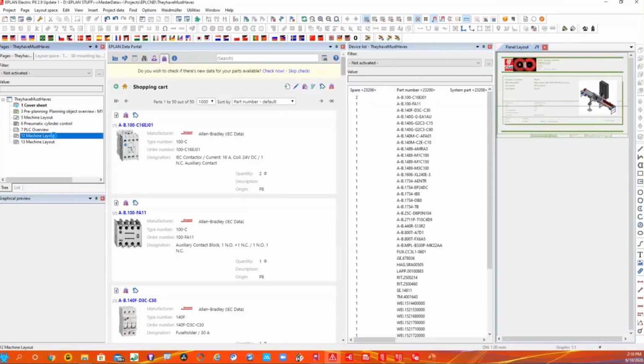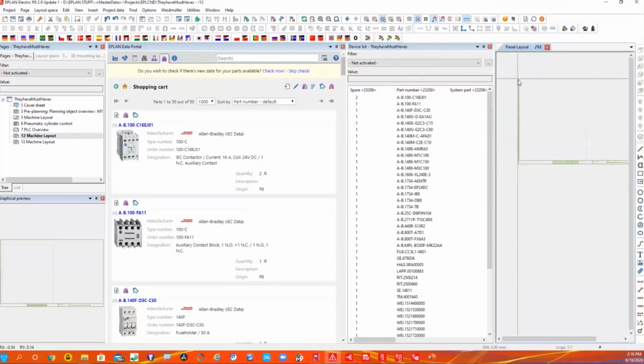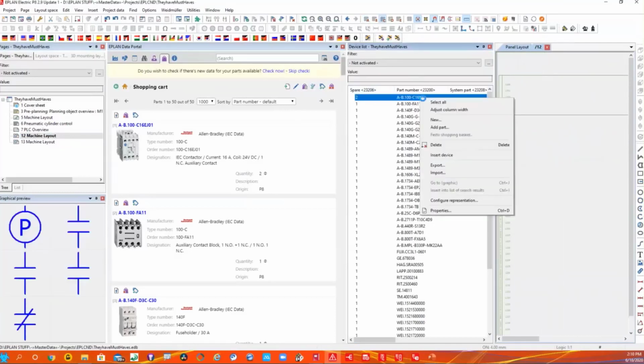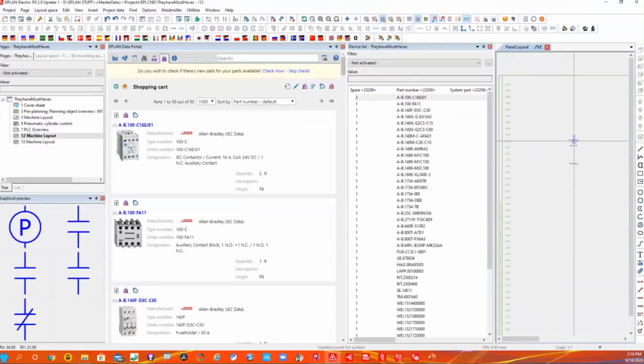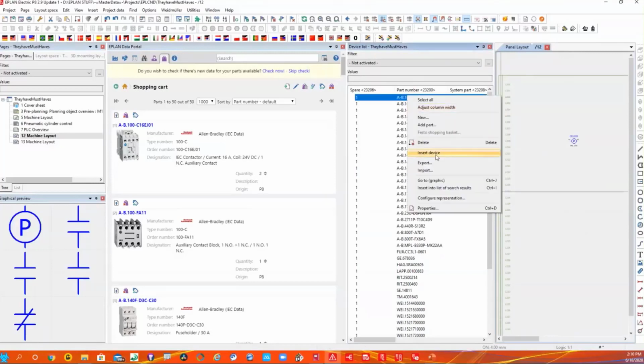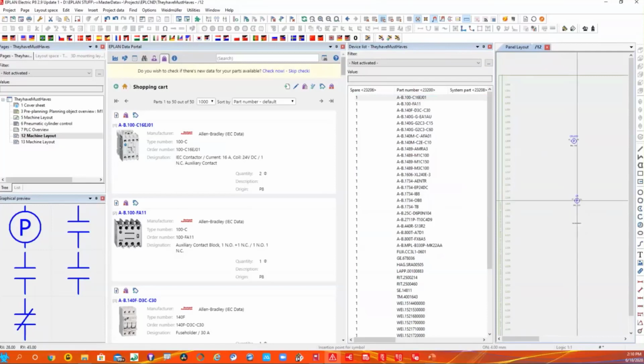And of course, from this space here, I can open up a schematic sheet and start to place components. So right-click here or drag and drop, whichever one you like, insert device. And of course, here I can start to place my components. And you'll notice that the spare count drops, right? The benefit of this feature functionality as well, from a user standpoint, is as I'm inserting these components,